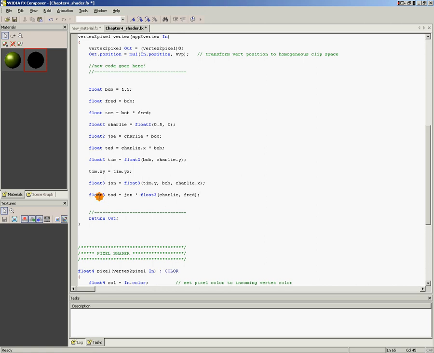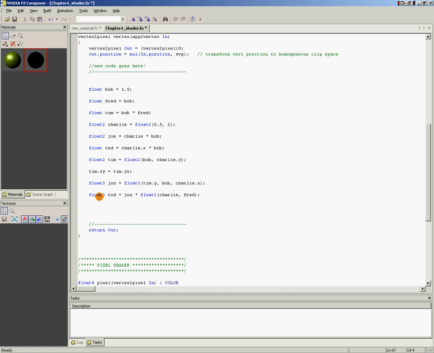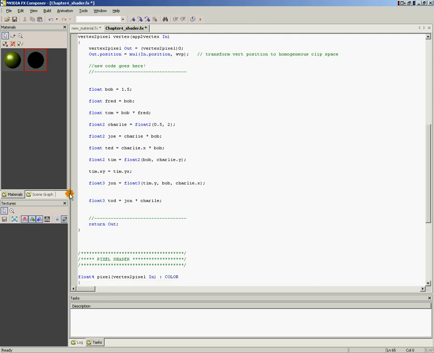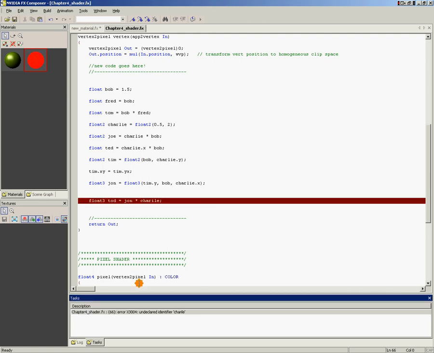So here we're multiplying a float 3 by a float 3, and the result of that is a float 3. And for an example of something you can't do, you can't say float 3 Todd equals John times Charlie. We can't do this because Charlie is a float 2 and John is a float 3, so that's invalid. And if we try to, let's just get rid of this line really quick. And if we tried to save this, it's going to complain and say,